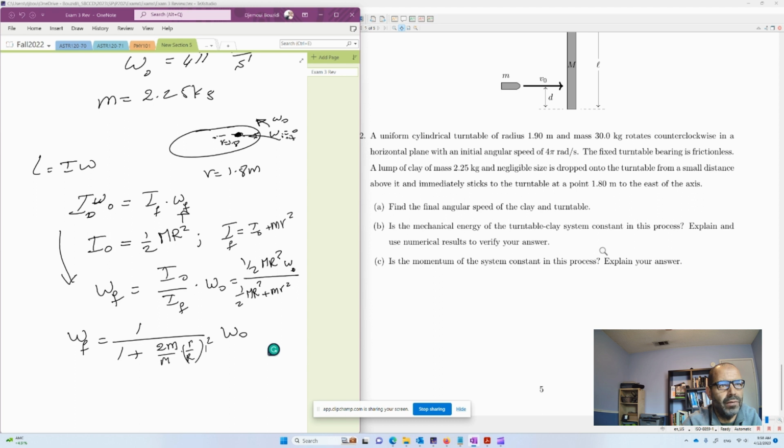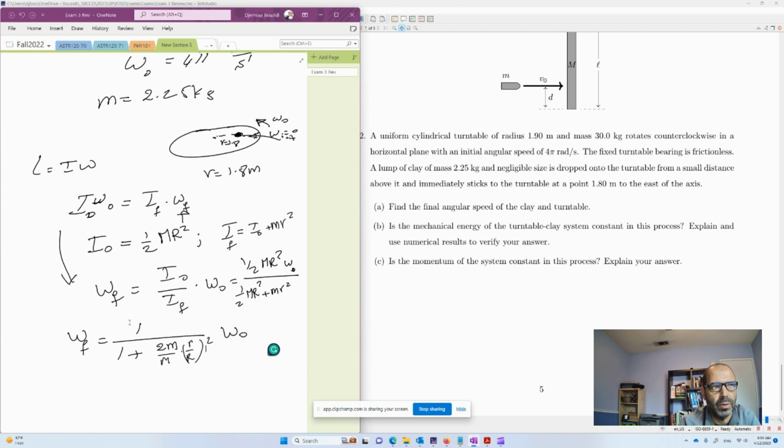Is the mechanical energy of the turntable constant? And explain. This is an inelastic collision. Actually, it's a perfectly inelastic collision because they stick together and move together. Therefore, the mechanical energy is not conserved. There is no change in potential energy, because the whole thing stays on the same level, or because we dropped it from a very little distance. The change in the kinetic energy is the change in the total mechanical energy. This is an inelastic collision, therefore the kinetic energy changes, which means that the mechanical energy is